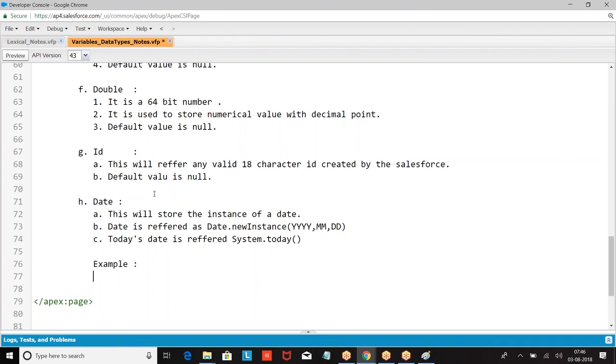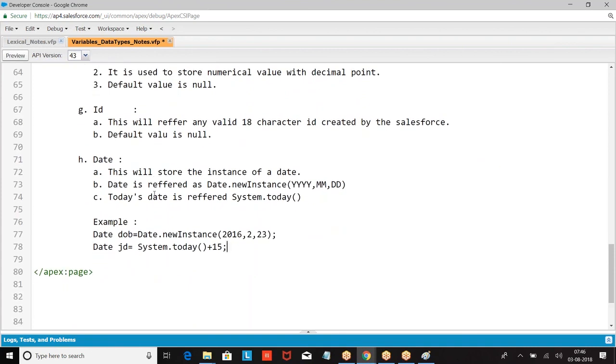Example: date of birth equal to Date.newInstance 2016, joining date. This is what we have read. So date, right. Let us go to the next one.